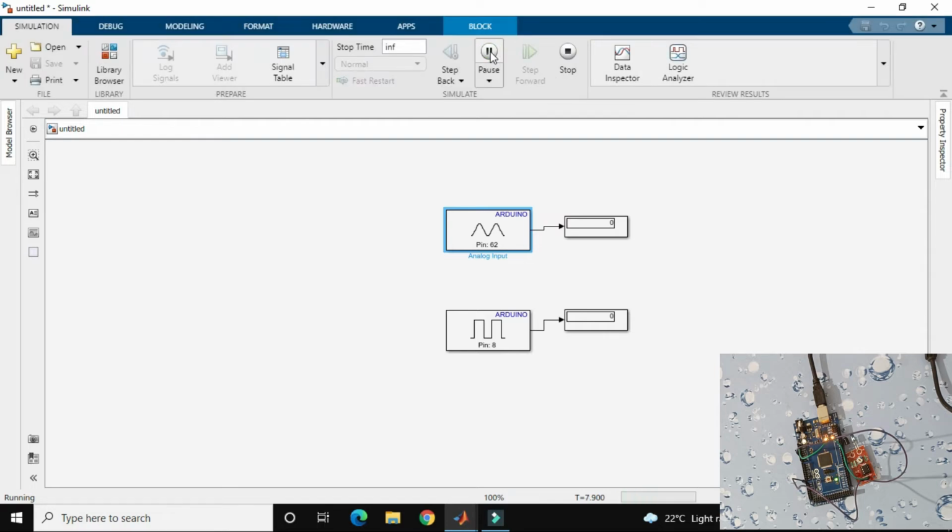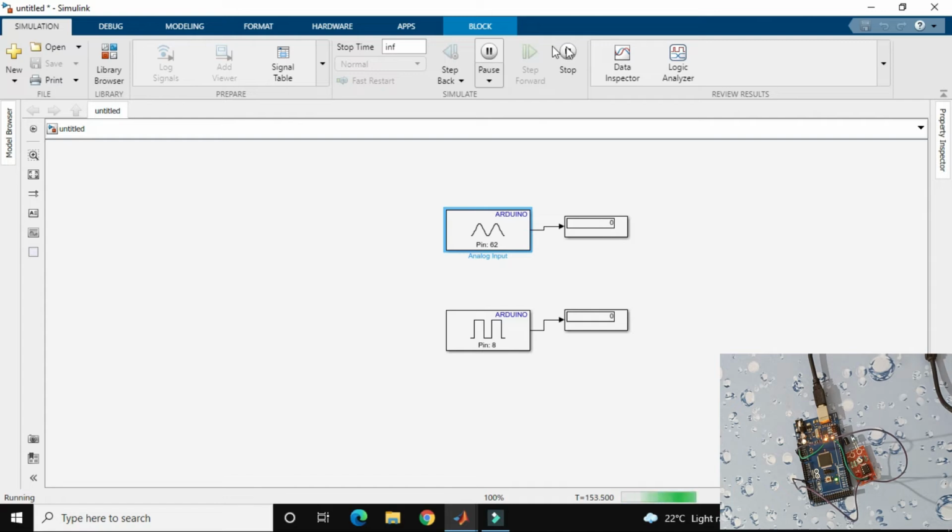So right now it is 0, and then 711. Basically the maximum value of this is 1024, and if you want to convert this using a formula, the output voltage in this case is nearly 3.6 volt, when you convert this to the scale of 5 volt.